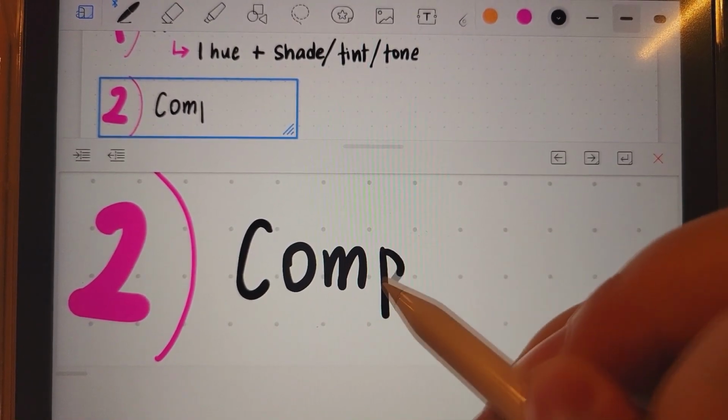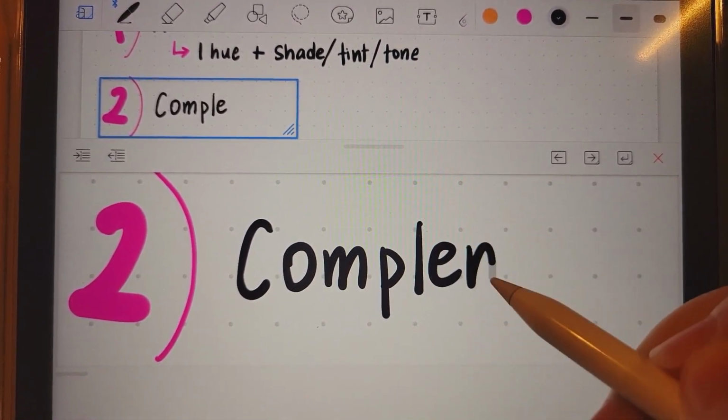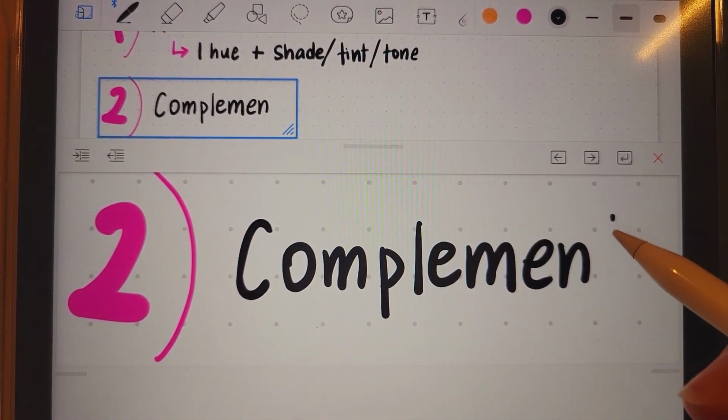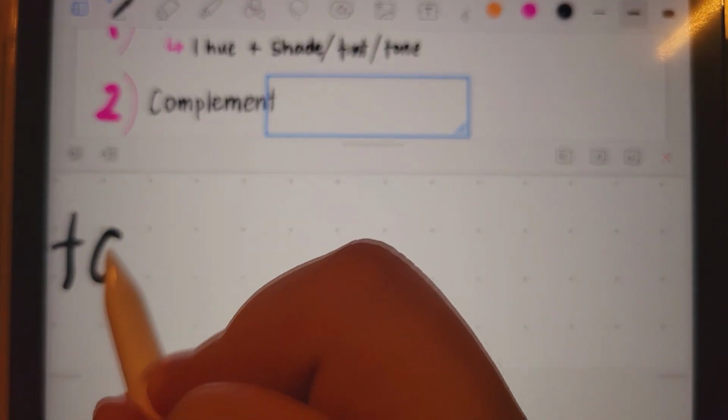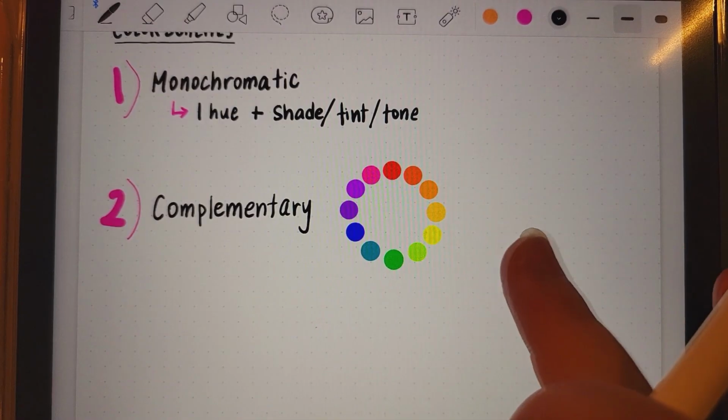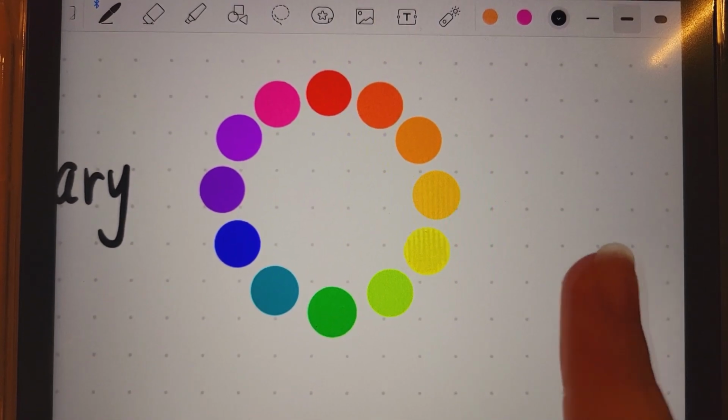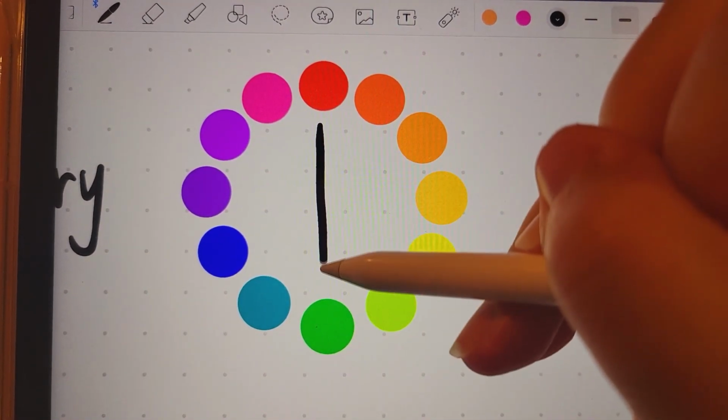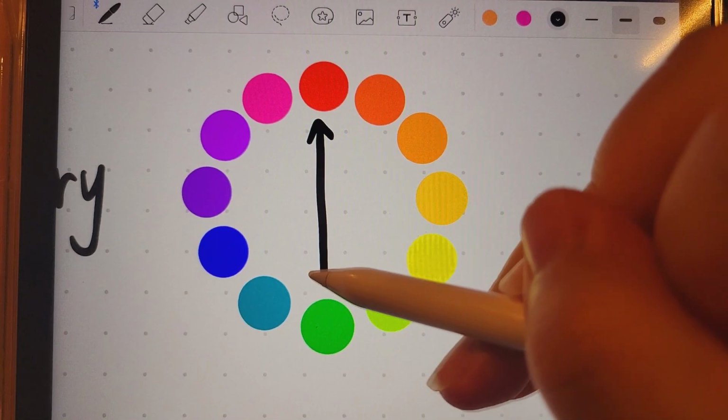Number 2, complementary. Looking at the color wheel, complementary colors are two colors that are opposite each